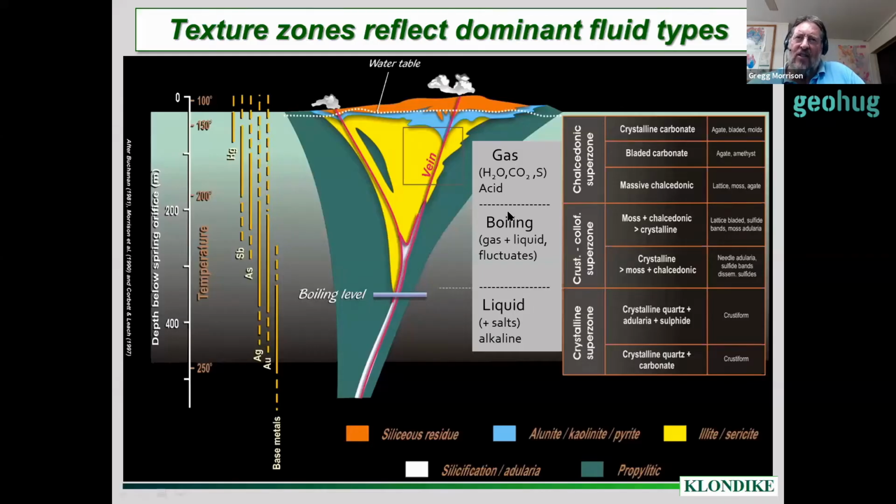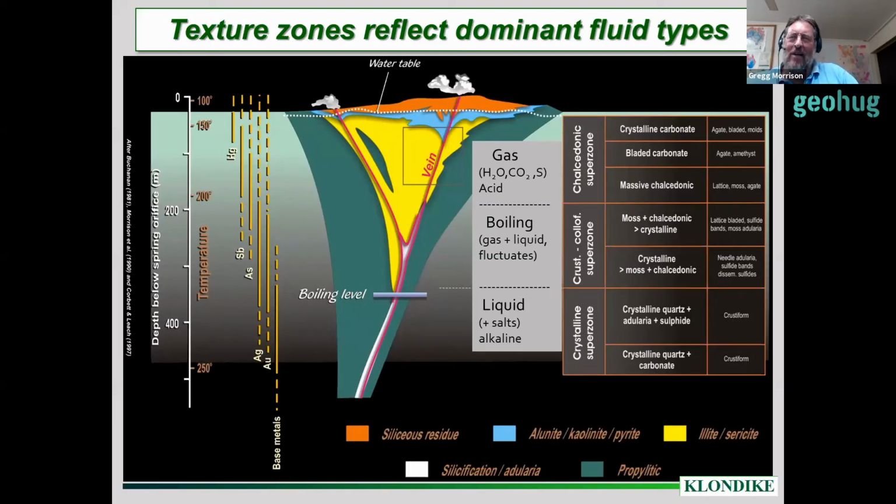And that's why there's this logical progression through all of those, because the real action happens in here, the gas goes up, the liquid goes down, and the characteristics that are present in here are also partially present in the zones above and below. So the attraction of that, and the way that I've used this, is to say, if I find that my veins are all chalcedonic but banded and they have anomalous gold in them, then the chances are that underneath that is a Crustiform-Colloform zone that should have better gold in it. Whereas if I sample in the Crustiform-Colloform zone, which should have the good stuff and it doesn't, then I'm a bit